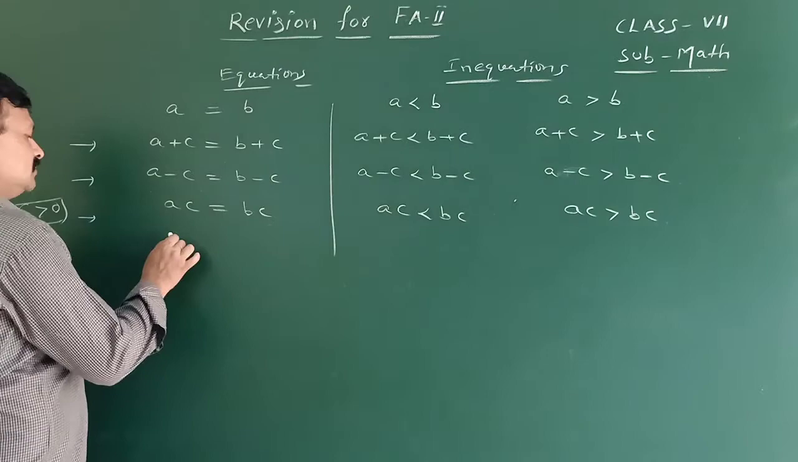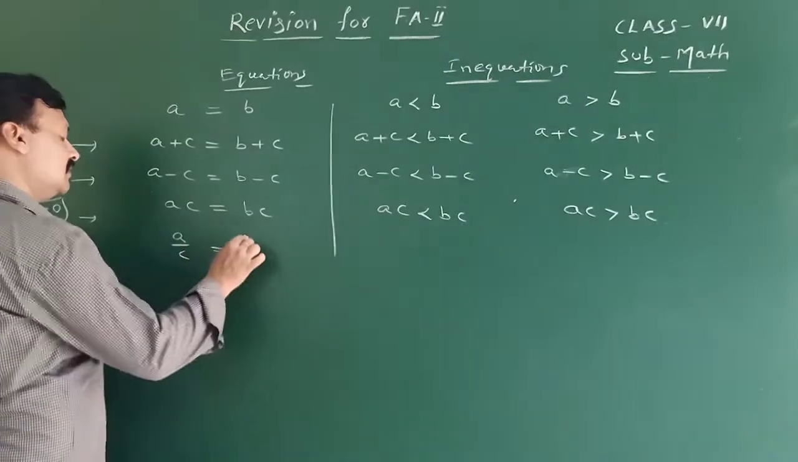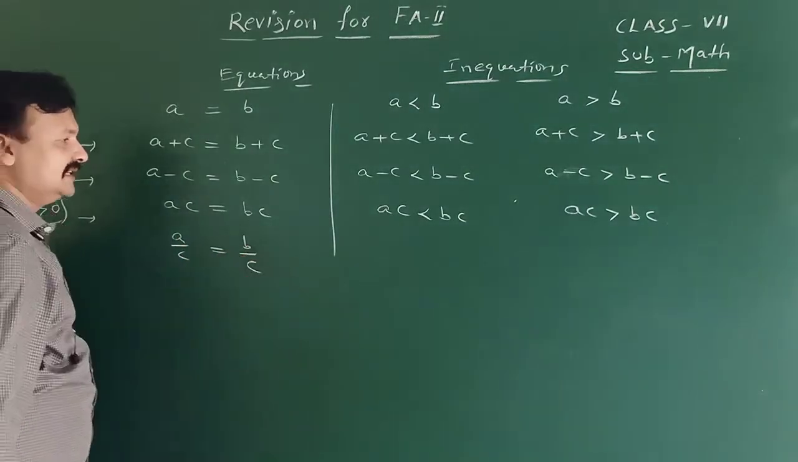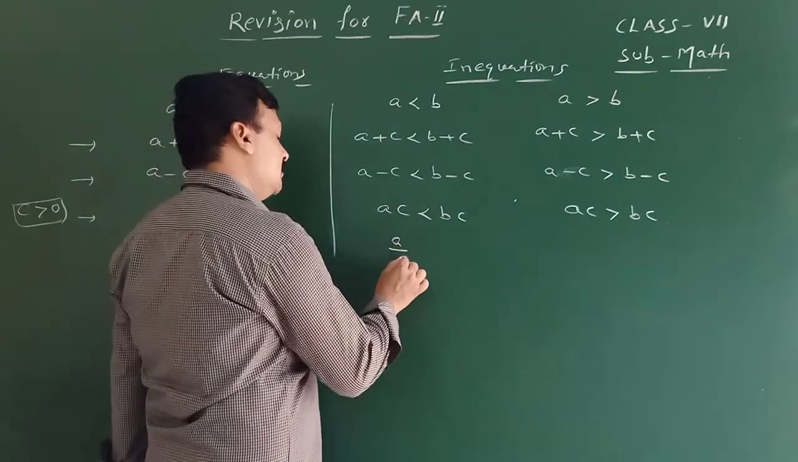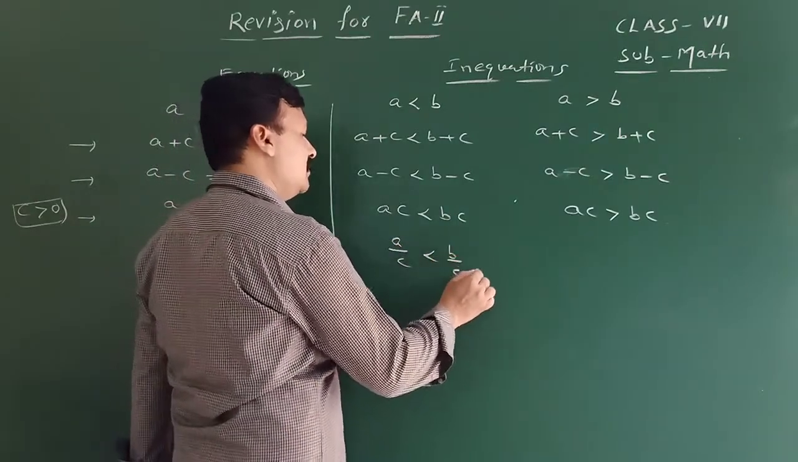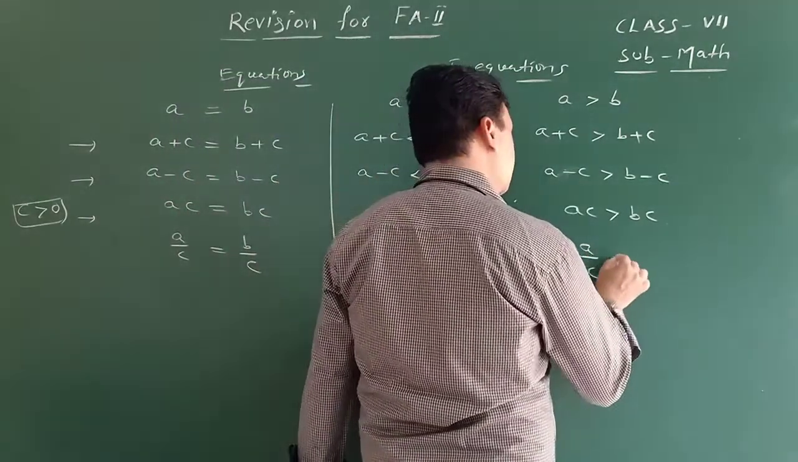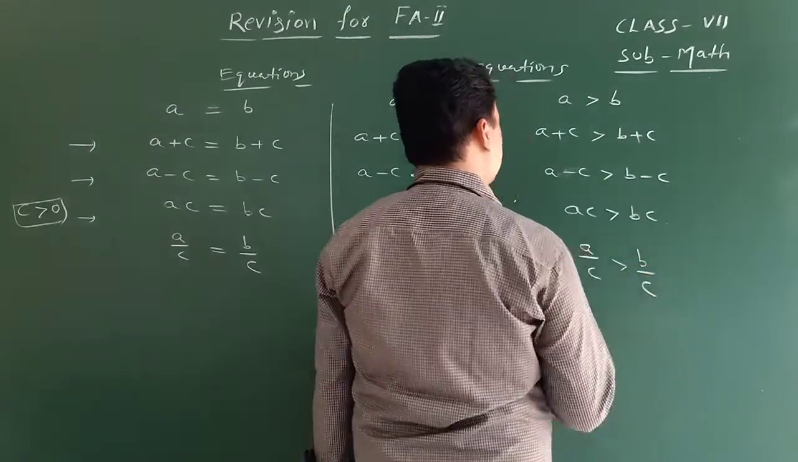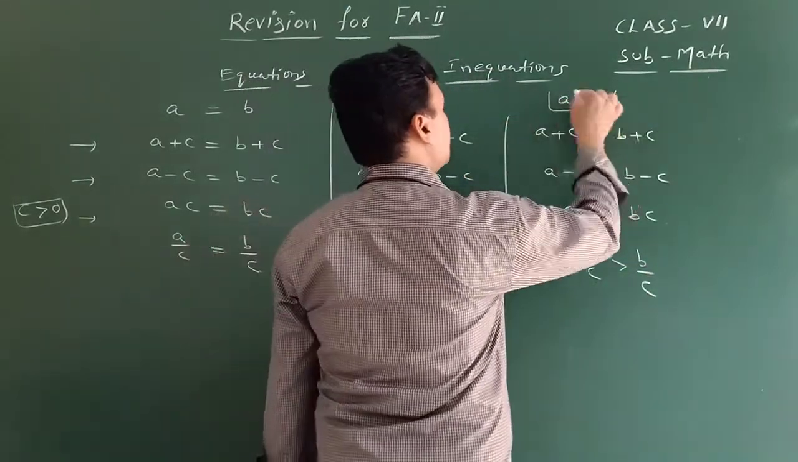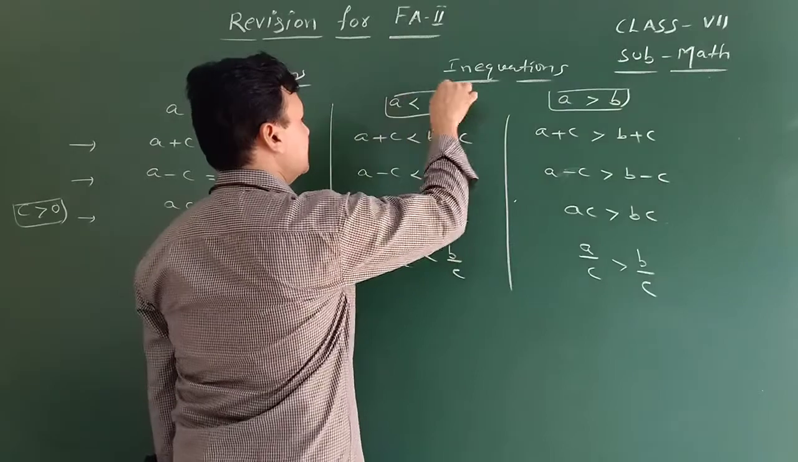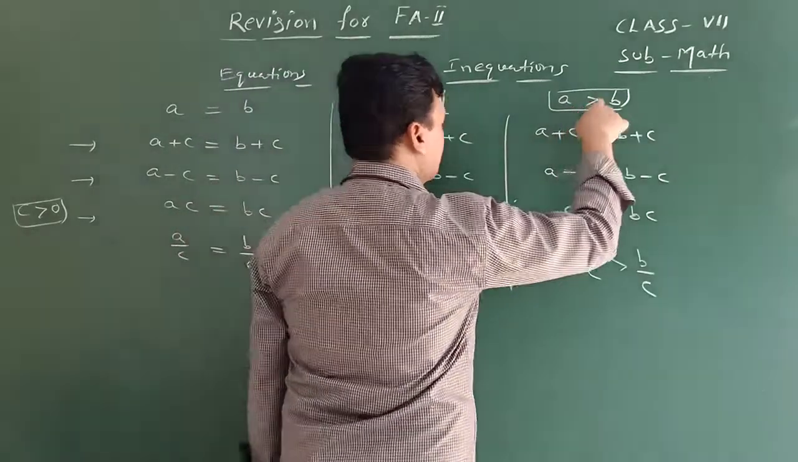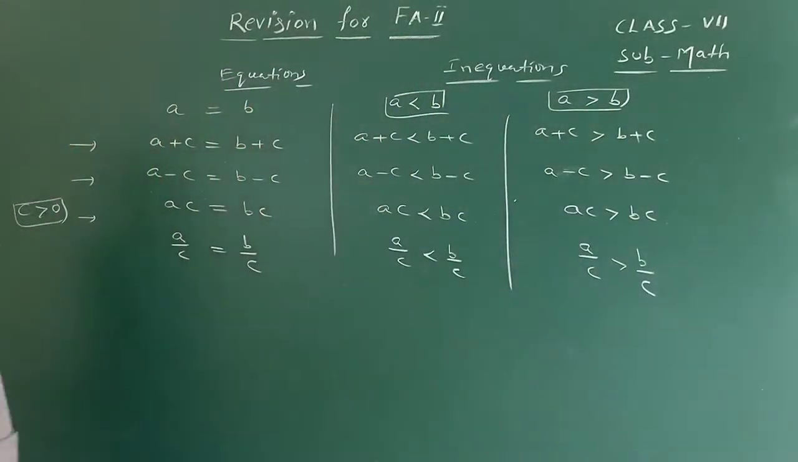For the positive c, A by C equal to B by C. Here A by C less than B by C. Here A by C greater than B by C. The given inequation is A less than B, this is 2. For the given A greater than B, that is